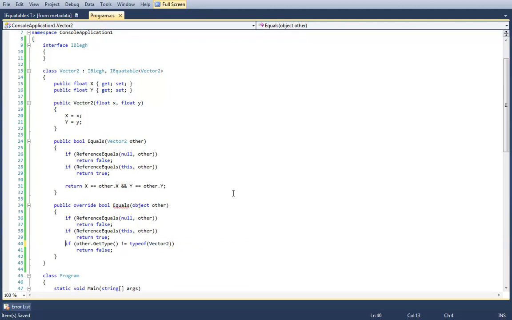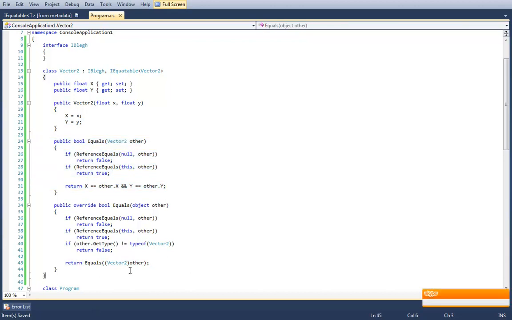If all of this is true, then I would return Equals((Vector2)other). Meaning I would do all these checks to make sure that it's not null, it's not this, and it's not any other type. Then I would defer to the Equals method I just wrote, my true Equals method, that deals with the specifics of whatever class you're in.